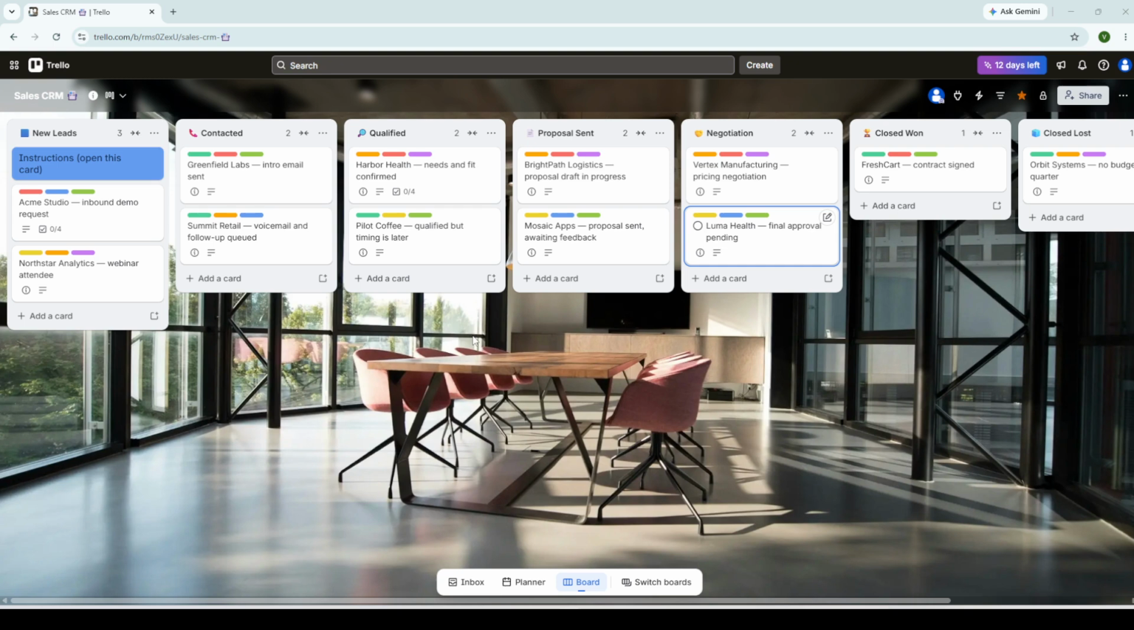Now that your pipeline is laid out, it's time to standardize the data for every deal, because a sales pipeline is only as good as the information you can act on. Every lead should become its own card, and you'll want to add consistent structured data to the back of each card using Trello's built-in Custom Fields Power-Up. This is a free feature you can enable from the Power-Ups menu on your board, and it allows you to